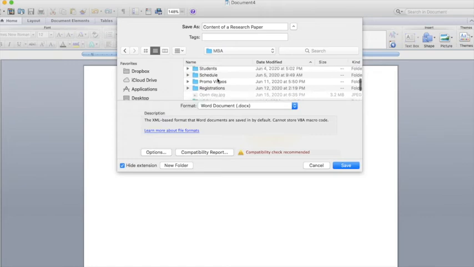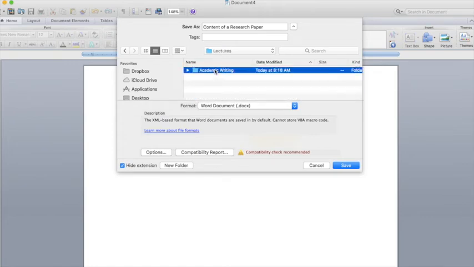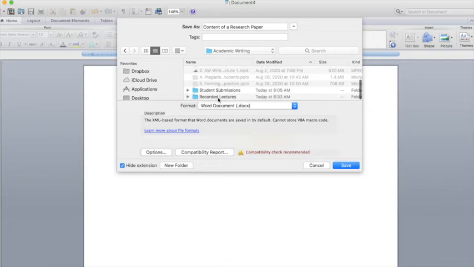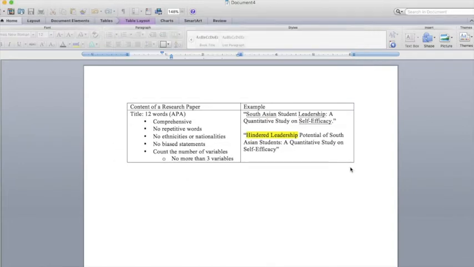Okay, let me quickly save this. Okay. So, 3 variables. Now, in my research paper, I need to first explain who these South Asian students are, what exactly is meant by leadership, and what exactly is self-efficacy. And if I have more variables, I have to explain those other variables as well. Because of that, limit the research question or the title to 3 variables. Okay, so that's it, no more than 3 variables. Now I think we have a decent